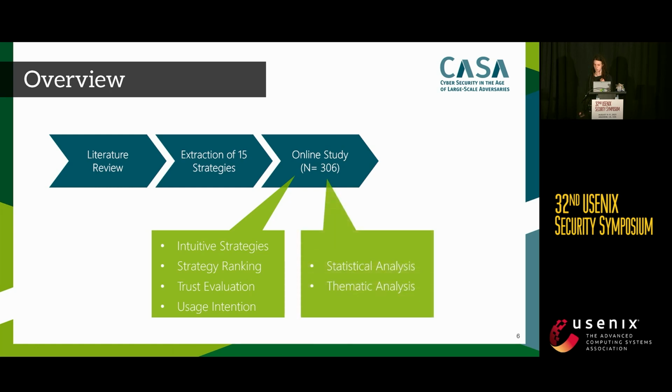And this led to a massive data set. So we applied a statistical analysis on that. You can read about that in the paper. We have also really interesting, nice-looking plots. And for the qualitative answers, we applied thematic analysis. And in the rest of this talk,